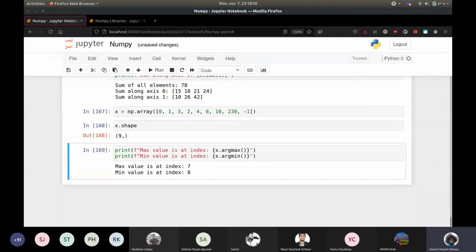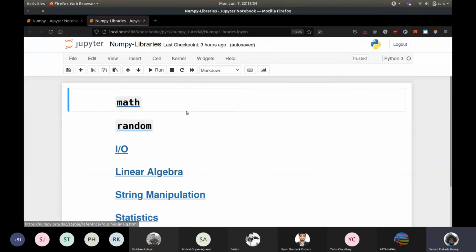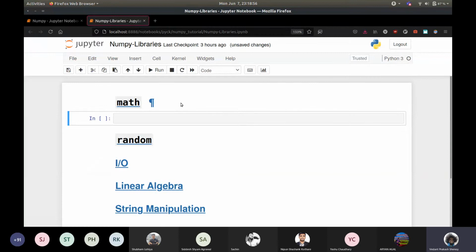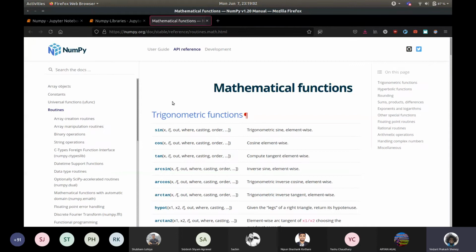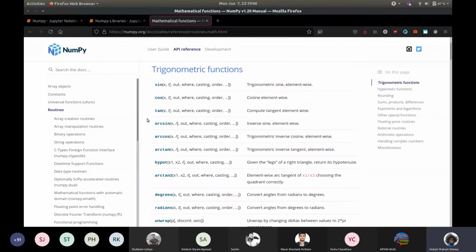A few more things to keep in mind, which we will do when we consider math. I've linked everything here, so this basically redirects to the NumPy reference for math, and you can see a lot of very familiar things. You've already seen these in the math library in the standard library.